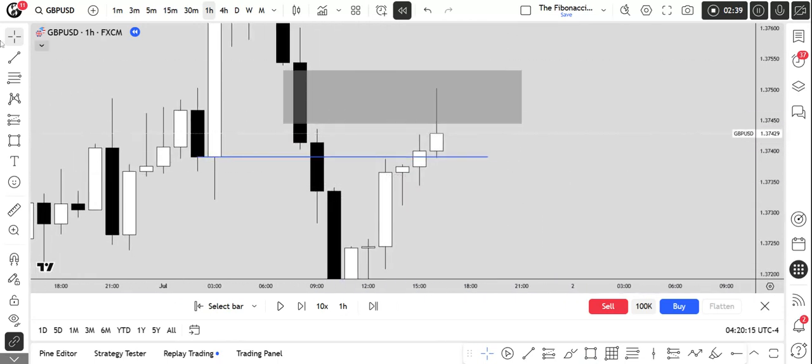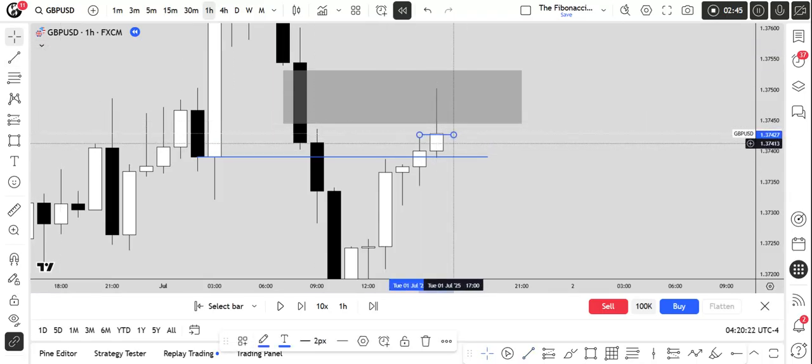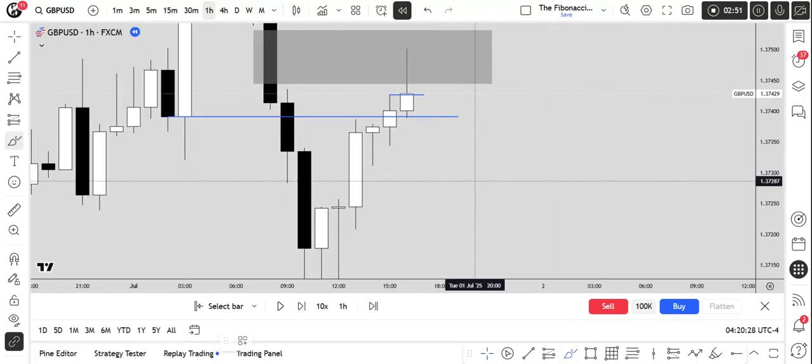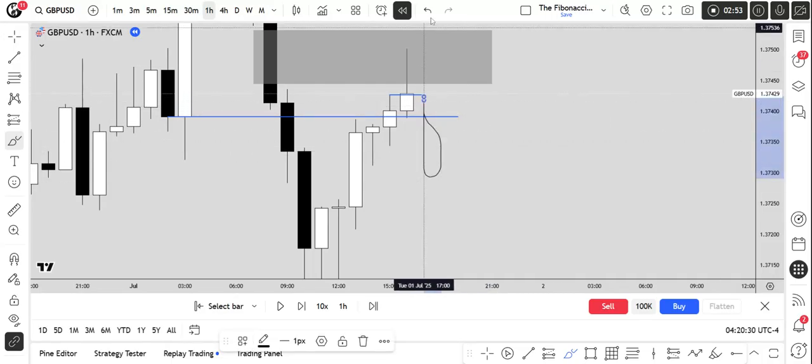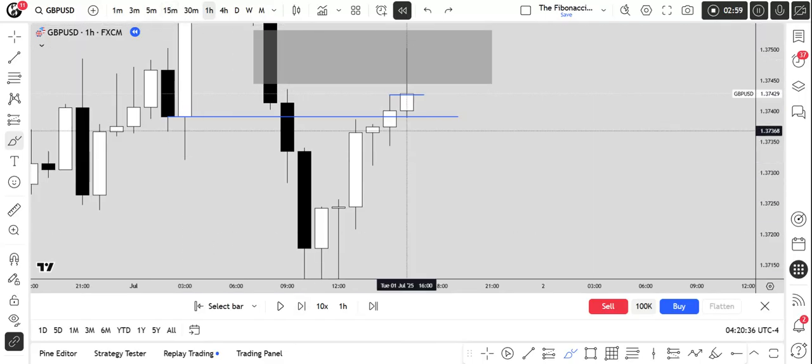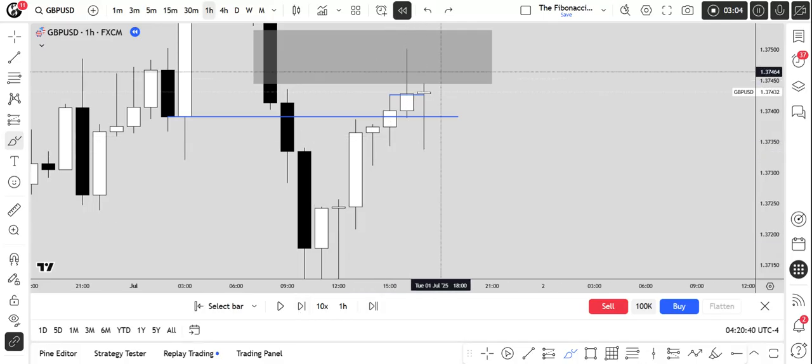The first thing is, I will be looking at the formation. There's a swing formation right over here. This is a candle 2, and this is a candle 2 right over here. It can be the candle 2 if we get the next candle closing above this area. So I will wait for that, or just see the next candle, or wait for the 15-minute structure. In this moment, I will wait for the next candle and see how it goes. The next candle is slightly